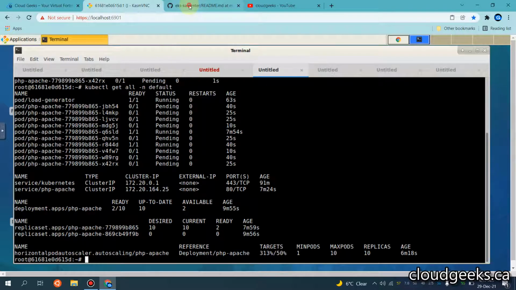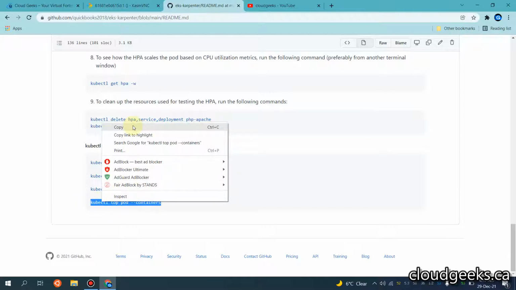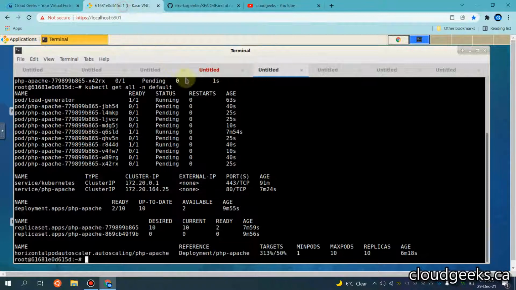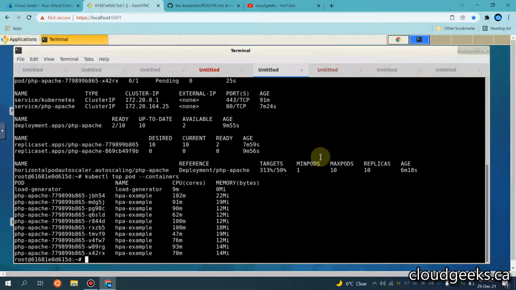And I guess let me just try the last command. Maybe the flags are missing. Let me test it. Okay, that's fine. So now through this command, we are able to see the kubectl top pods containers. Inside a pod we have containers, and you see the names of these containers are HPA example.